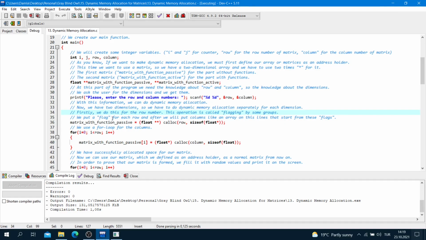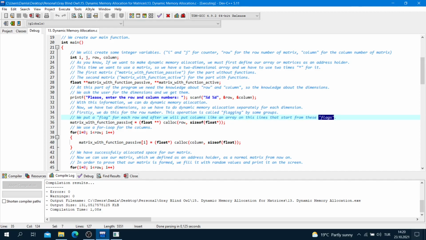We put a flag for each row, and after that we will put columns like an array on these lines that start from these flags.